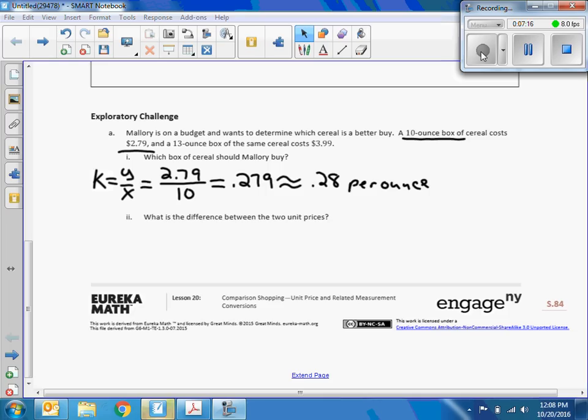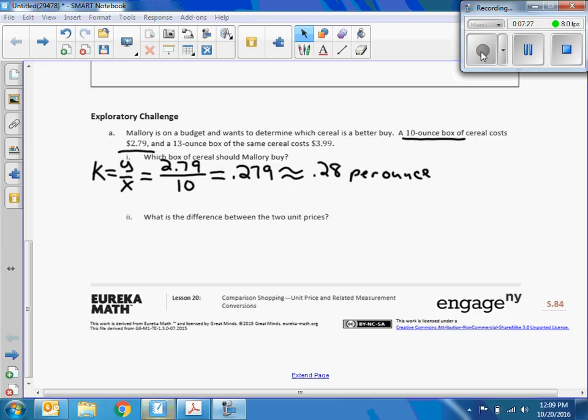So that is the 10-ounce box. Now we have to do the same for the 13-ounce box. Let me just move this all up a little bit. There we go. And now I'm going to write K equals y over x again, because I want to memorize that and keep that fresh. And now we have the 13-ounce box costing $3.99. So 3.99 divided by 13 equals,